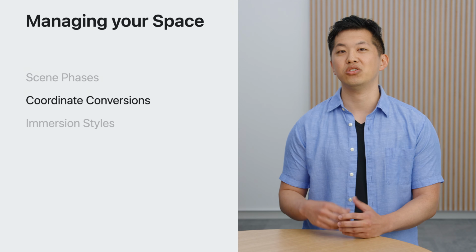We'll reopen our space, so we'll have our Earth and the main window visible. We've slightly shifted the window, and we want to reposition Earth right in front of it. Now when the Earth gets tapped, it'll get positioned where we expected. And with coordinate conversions, it's that easy to position our content exactly where we want it and move assets between the space and the window.